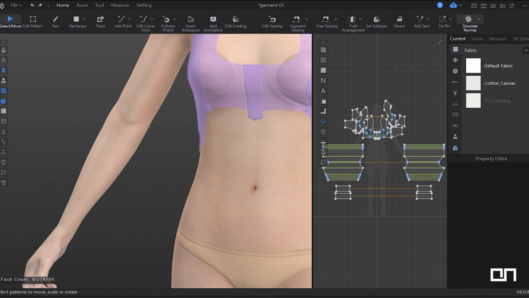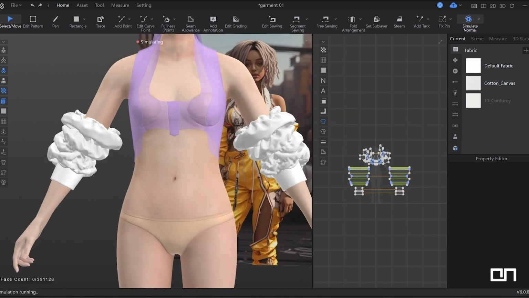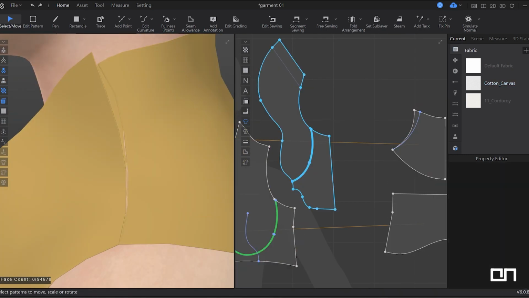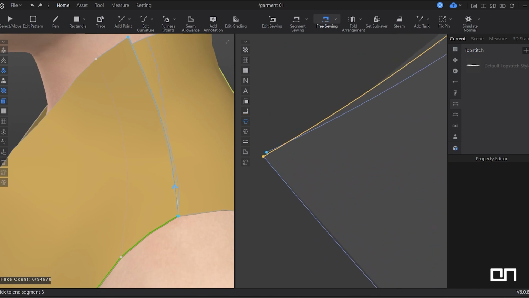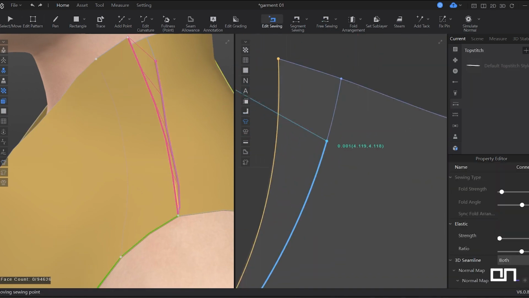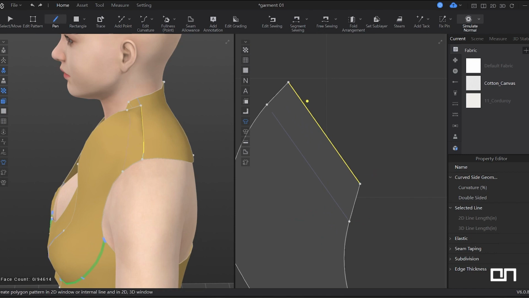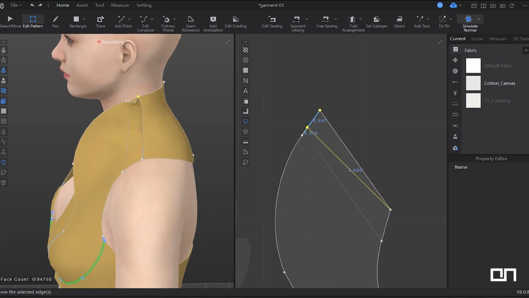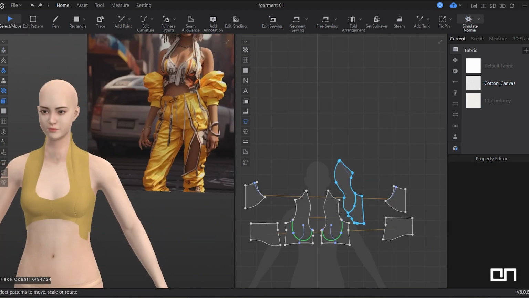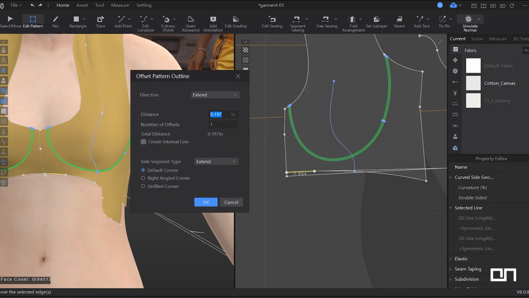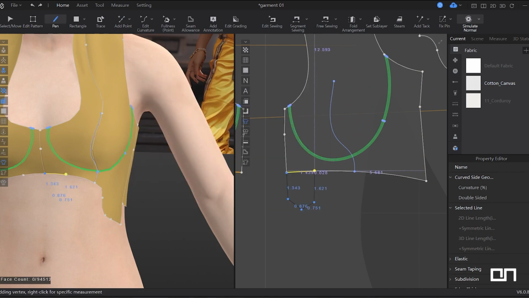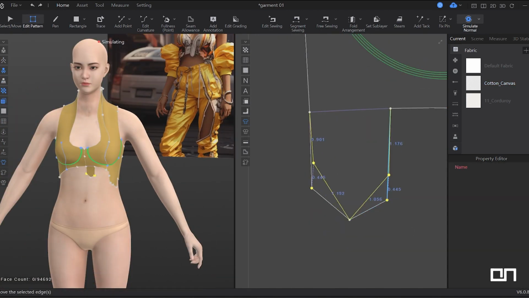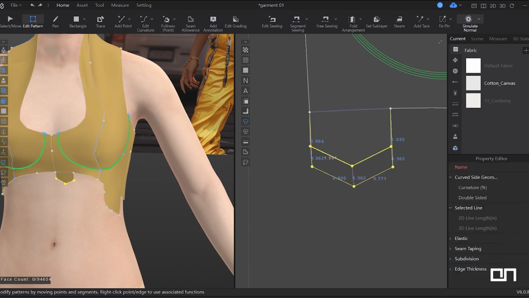The basic shortcuts which I'm using are S to draw the pattern, Control Z to edit the points, and M or N key to stitch the pieces together. Both the keys N and M work differently. N stitches the whole line together, but when you switch to M, you have the option to customize the stitch line, like